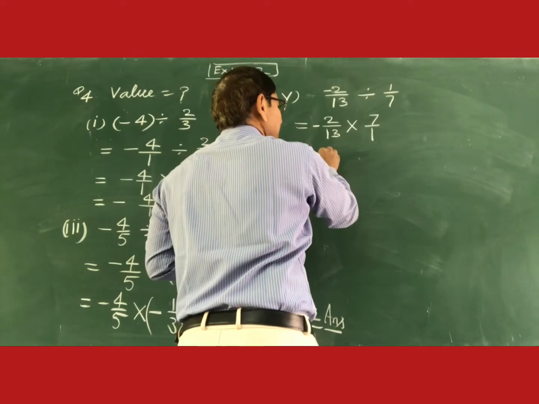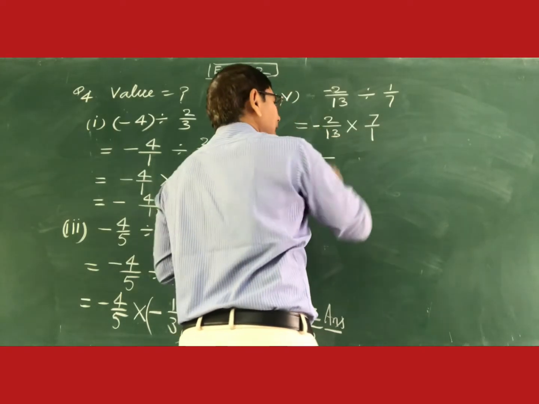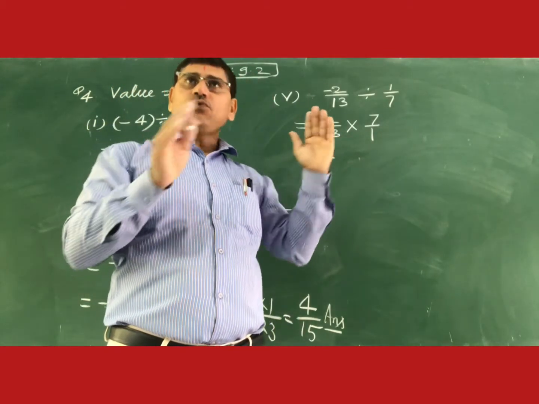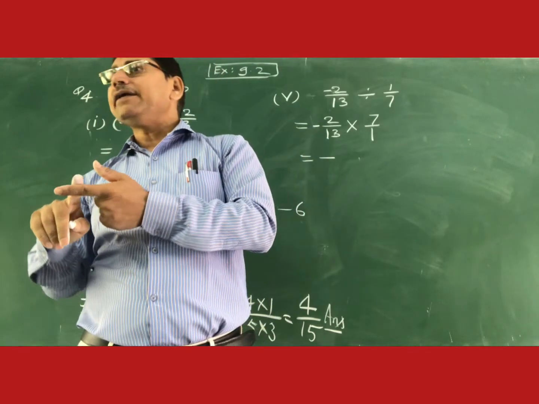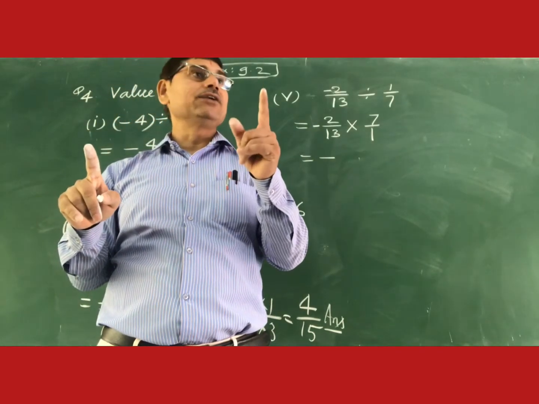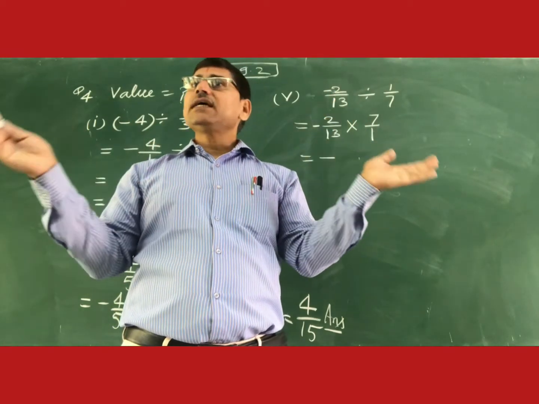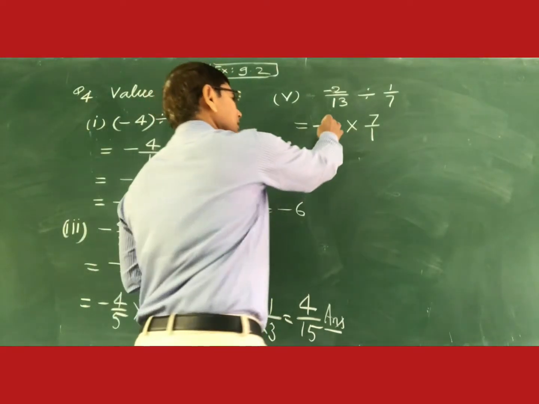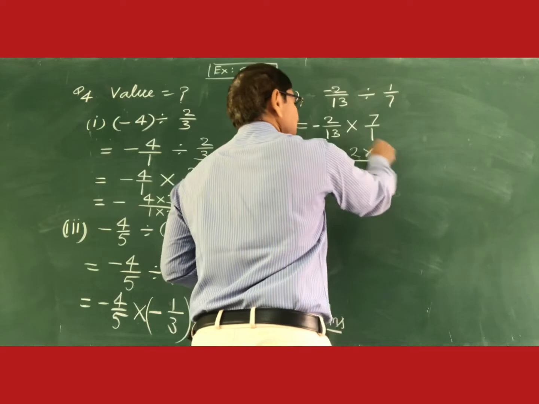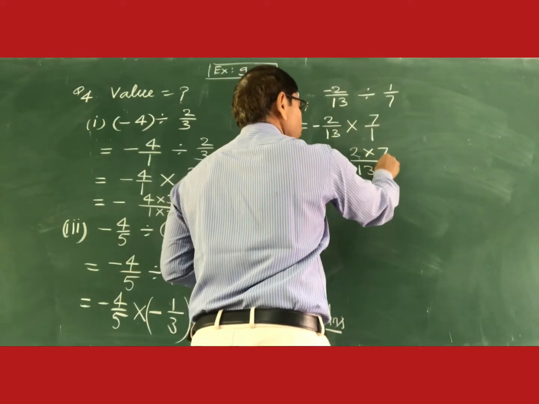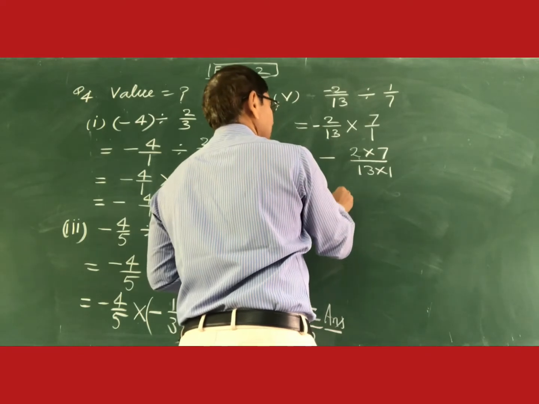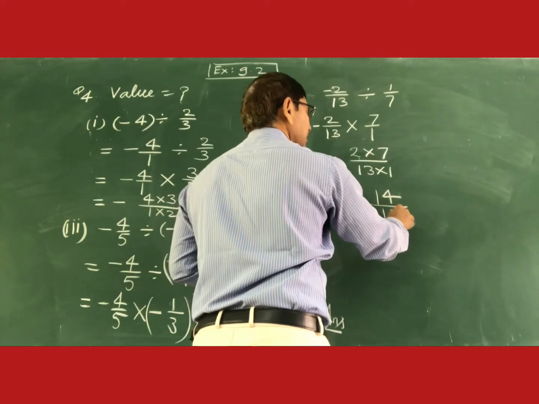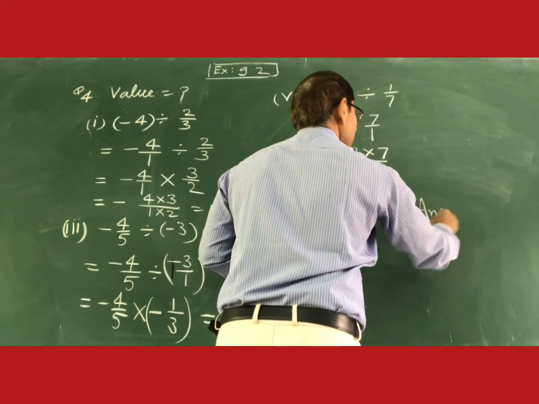After that, minus you will write same to same. And then multiply. This question is changed into the product of two rational numbers. So we multiply numerator to numerator and denominator to denominator. But I want to tell you once again, don't take the LCM in the case of multiplication and division. So here you can write 2 into 7. This is the numerator and the denominator is 13 into 1. So minus 2 7s are 14 and 13 1s are 13. So this is the answer of this question.